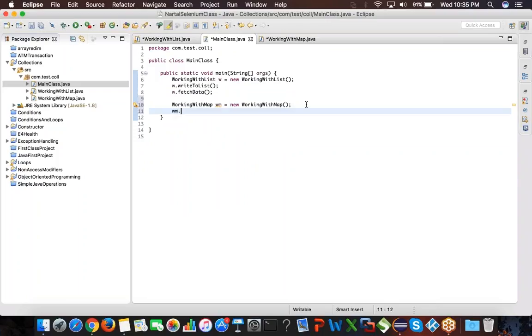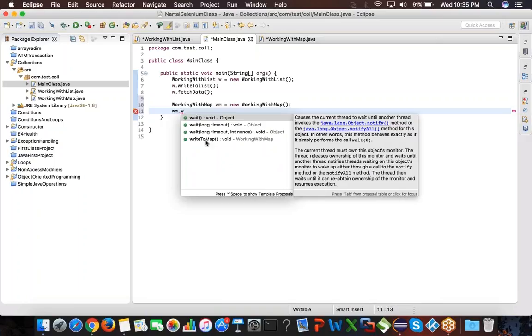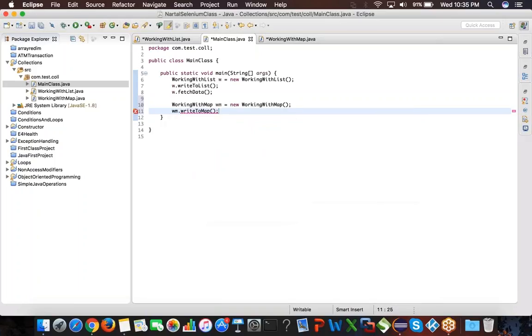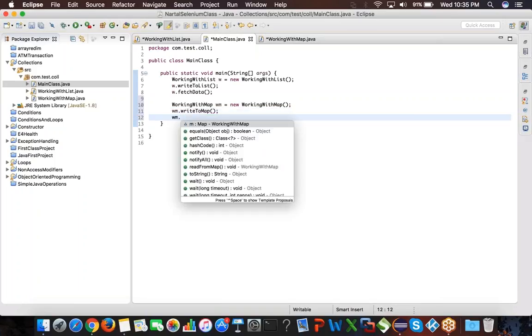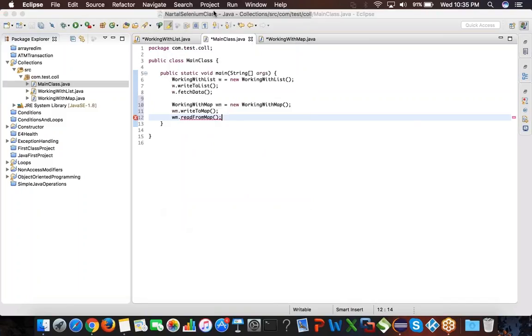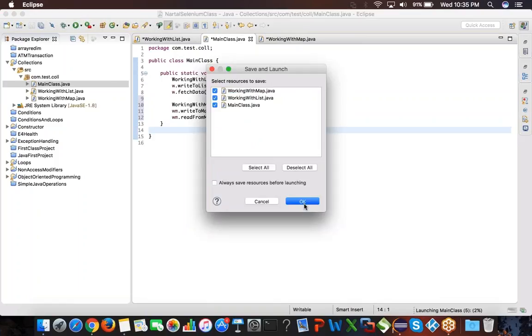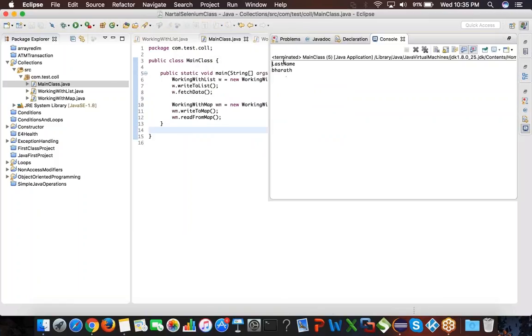And we can say wm dot, first of all write to map, and then wm.readFromMap. And then if I go and run this right now and click on OK,